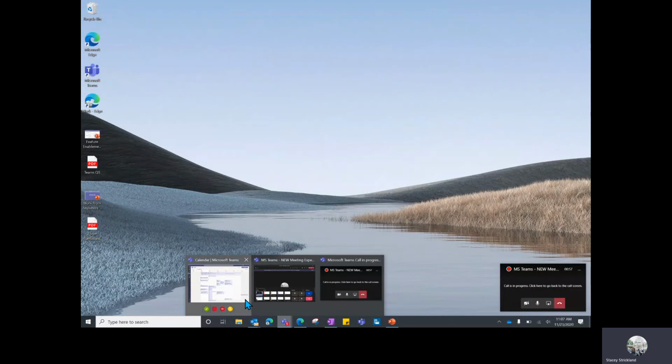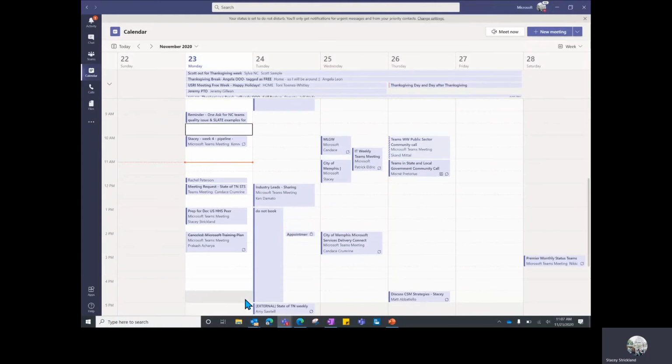Today I'm going to be going over the new Teams meeting experience. At this point, I believe most Windows users should be at 100% opt-in. But if you are not, if you are a Mac user, if you're seeing the old meeting experience,